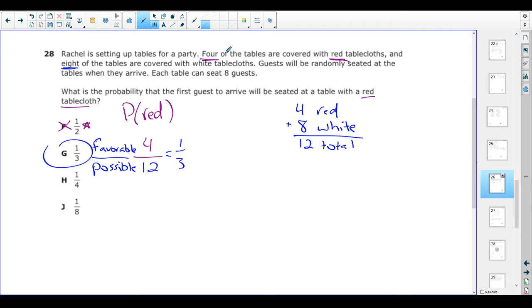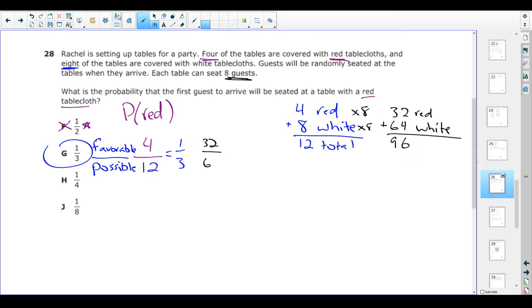Okay. And then some people will say, what about this part where it says that there are 8 guests at each table? So if we said that, why not? Who cares? If you have 4 red tables, they seat 8 people each. So 4 times 8 is 32. And then the same thing for our white tables. So 8 times 8 is 64. And we would still need to add those up, and that just gives us 96. And then our fraction would just be 32 red seats over,